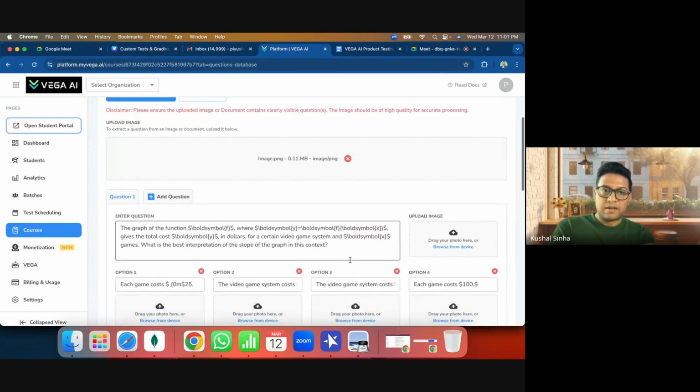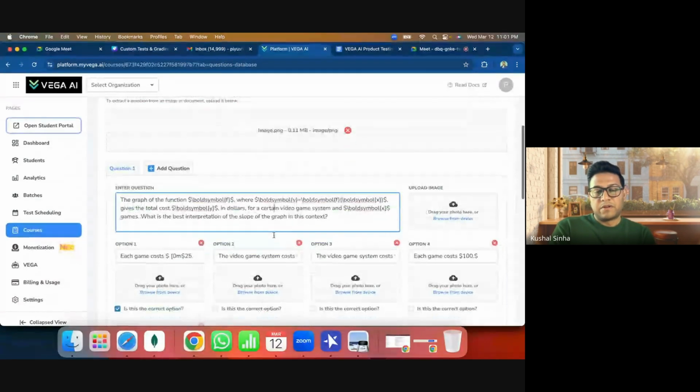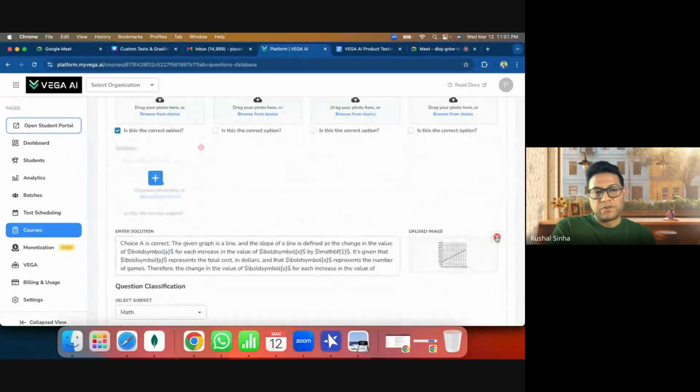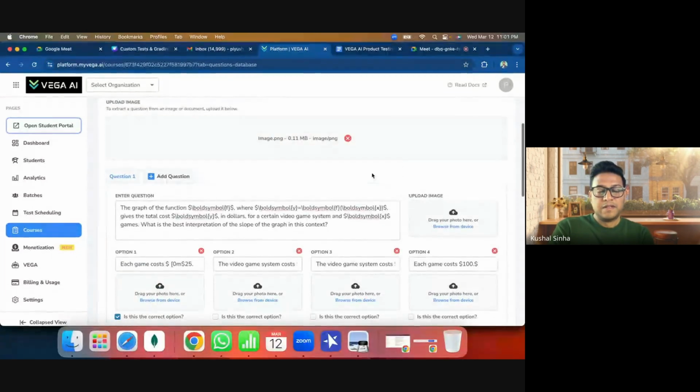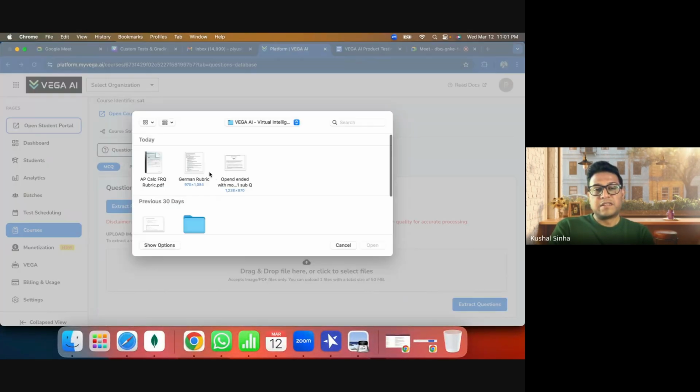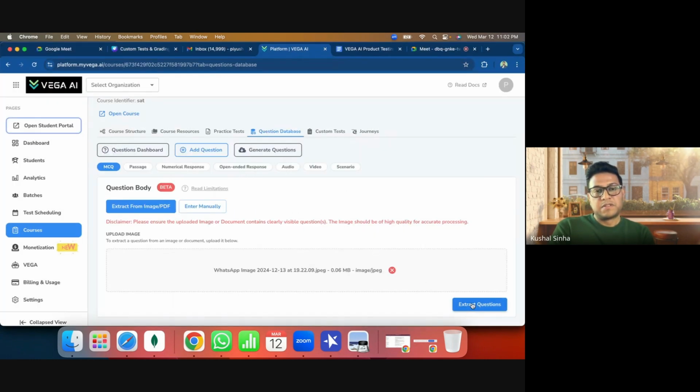We are not only using our visual engine to understand what is there in the document. We are also finding a solution for the image, classifying this image and classifying the questions, and characterizing whether it's difficult, what difficulty score, and all those things. So there's a lot happening under the hood for a single question, just so that when a student responds to these questions, we can actually start to build their knowledge graph in the background. And that's why the thing that we called out, the journeys, so that eventually we can really just